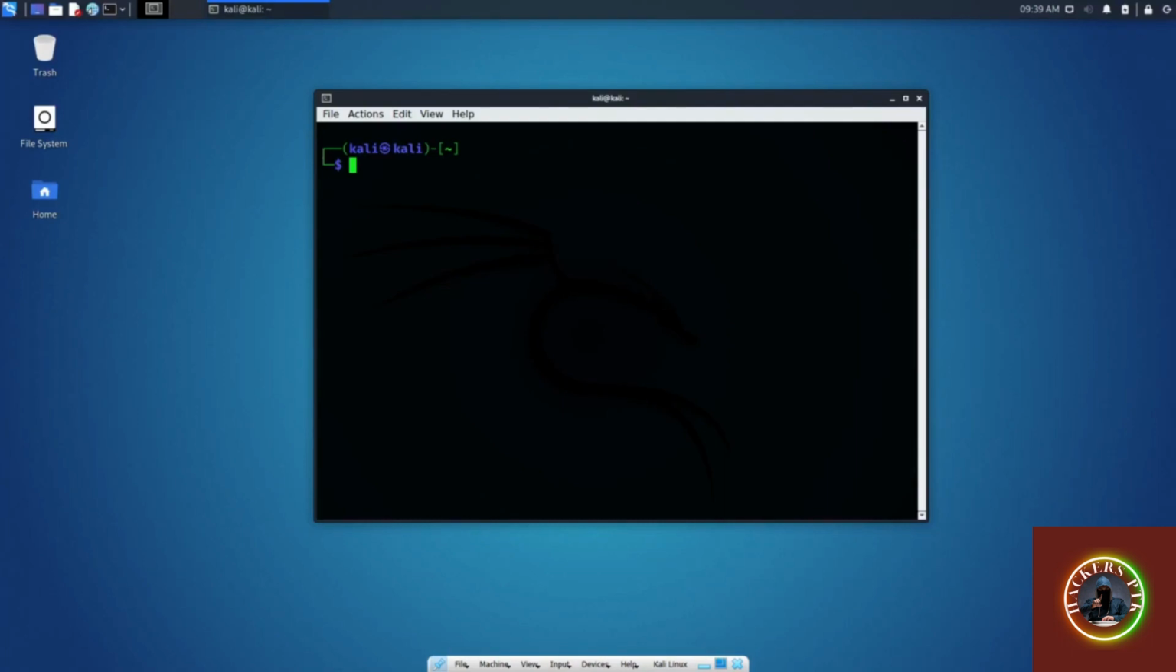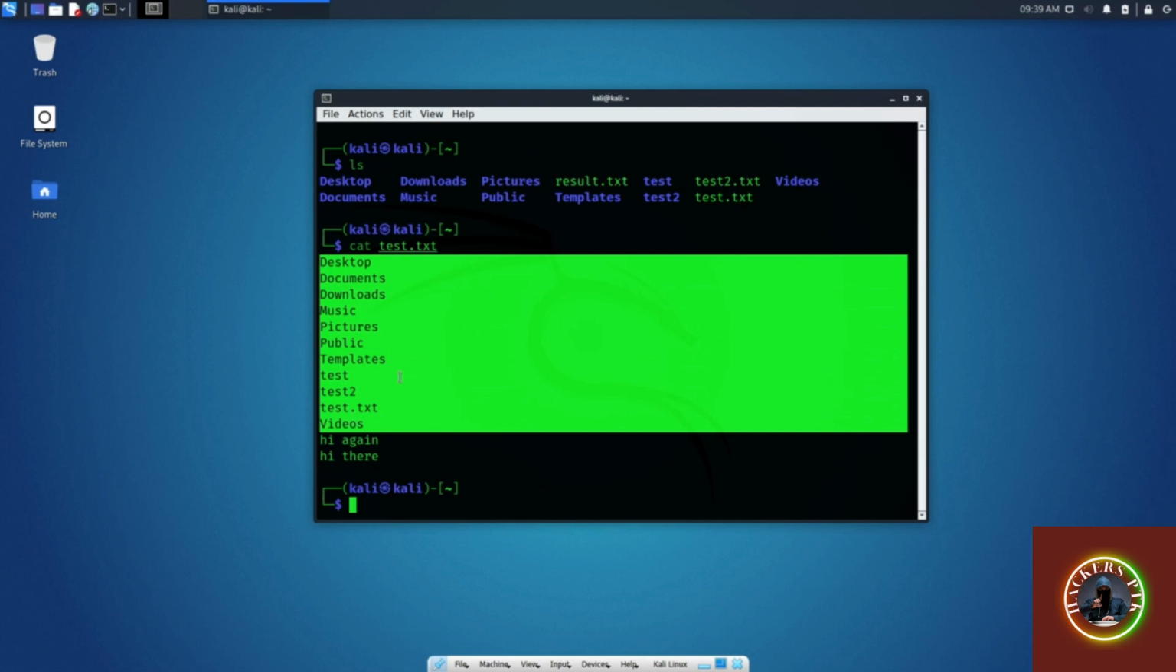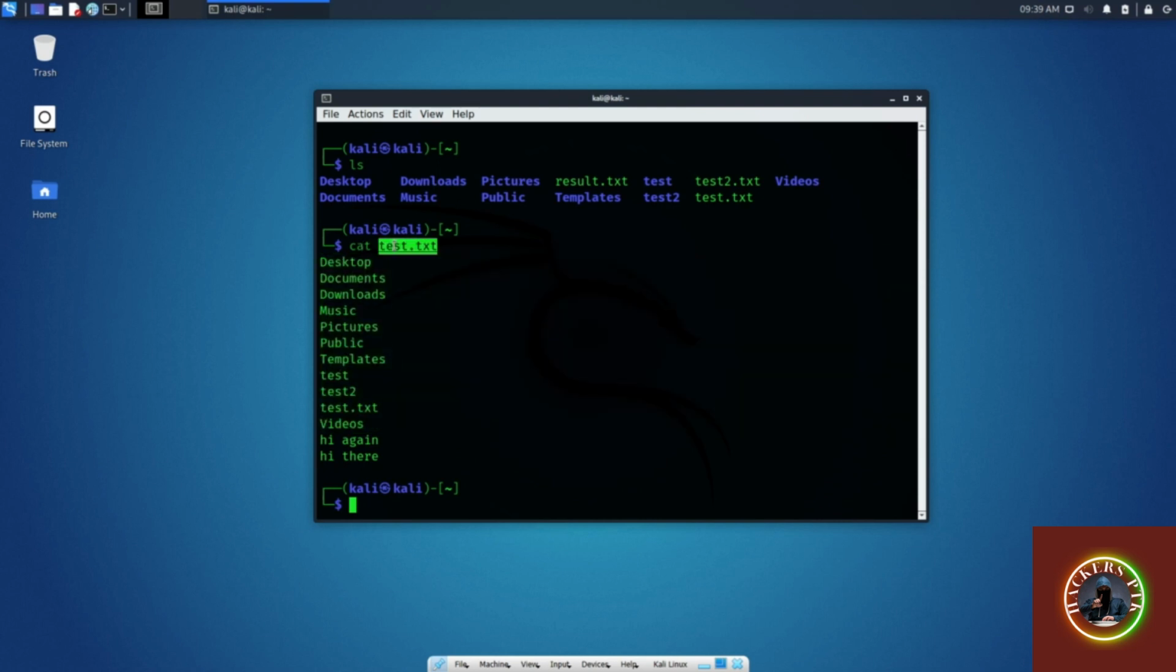Okay, now let's talk about comparing the files. The first command we will use is the compare command. Remember we have the test.txt file here. Let's make a copy of it using the cp command. The source is test, and the destination will be